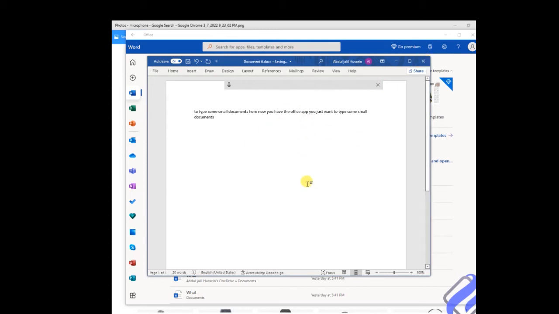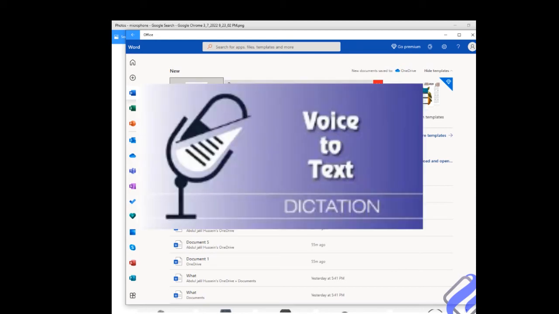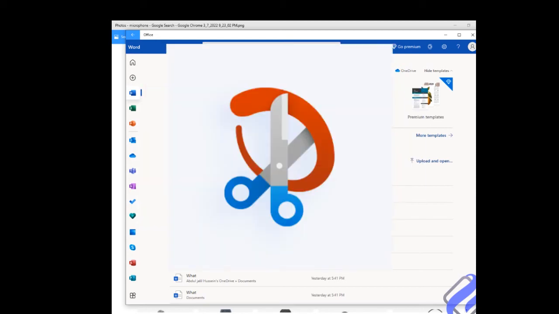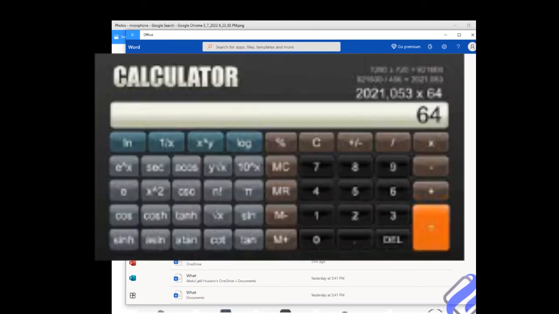No need to install Windows if you have this already installed for you. So let's go to bonus apps. So you have now 5 apps. The first one was Dictation tool, the second one was Snipping sketch, the third one was Xbox Gamer. We took the screenshot, and now we are going to the calculation